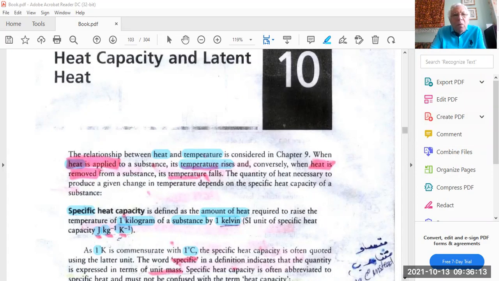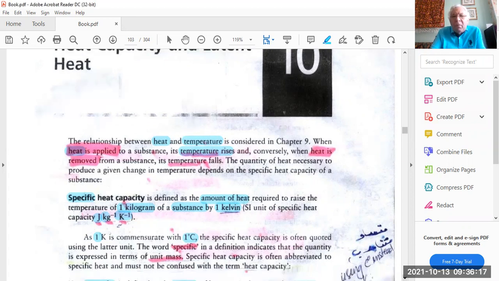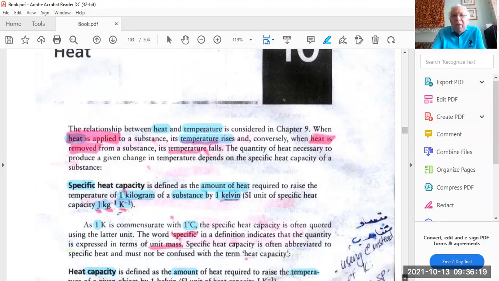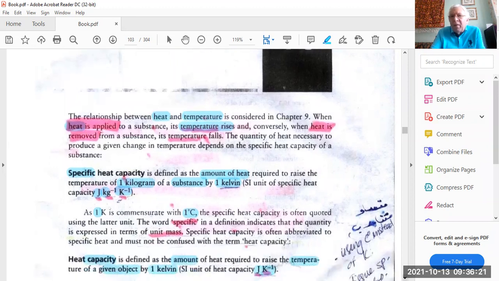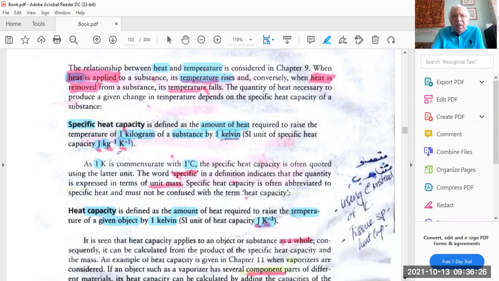Bismillah ar-Rahman ar-Rahim. We are going to talk today about heat capacity and latent heat. Of course, we know whenever we apply heat to a substance, its temperature increases and vice versa. The most important two items in heat